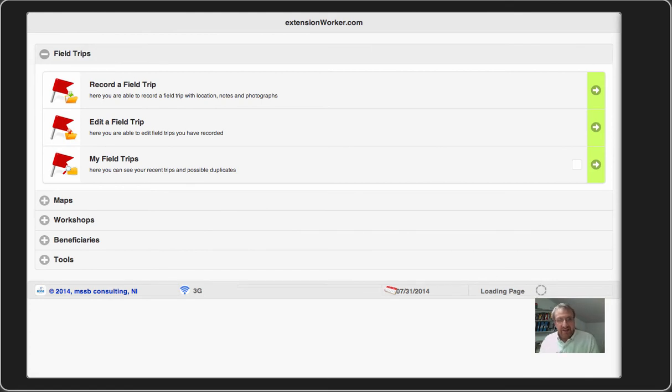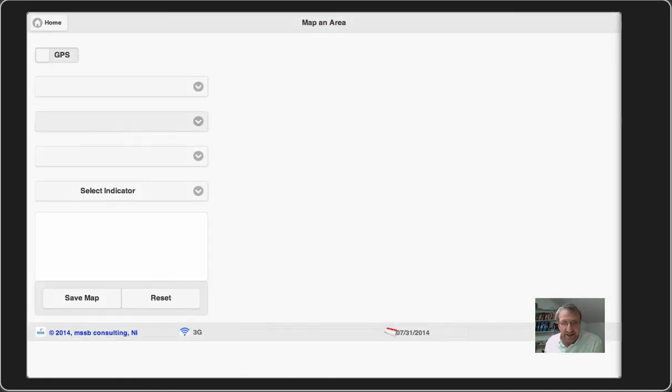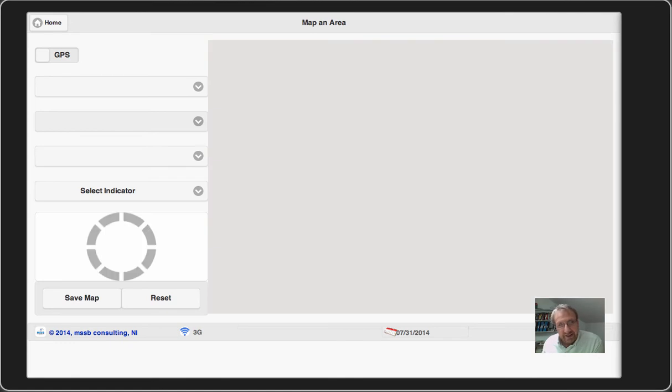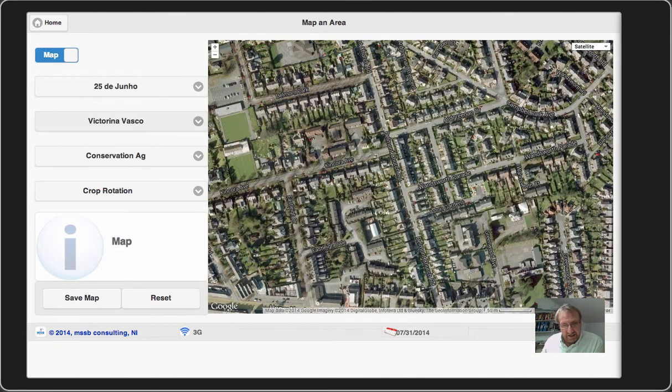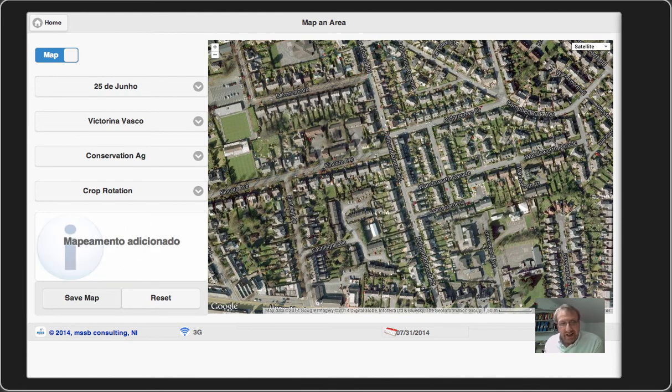And that's really the field trips. On top of that, we have the ability to map an area. That's area measurement. We can do that either through the GPS on the device, or using satellite imagery. I'll just quickly show you how that works. We can map an area by touching the screen, and we can again choose a variety of indicators relating to that, and then if we save that, that area is mapped, and that can be done directly out in the field